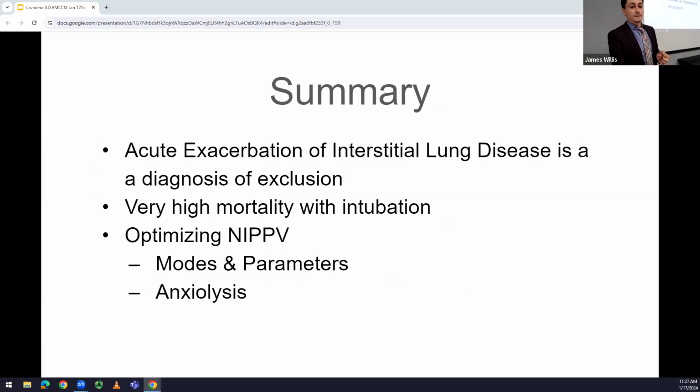So, in summary, acute exacerbation of interstitial lung disease is a diagnosis of exclusion. There's a very high mortality with intubation. And so what we do in the ER basically predicts and has a prognosis, the highest prognostic factor of what's going to happen to the patient based on what you can do with non-invasive interventions, as well as giving antibiotics, giving steroids, and getting critical care involved early to see if any immunosuppressants need to be given, and attempting all of your different ways of overcoming the challenges that come with non-invasive